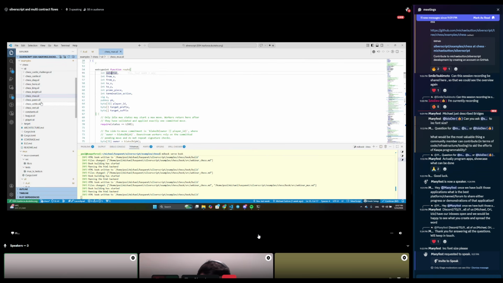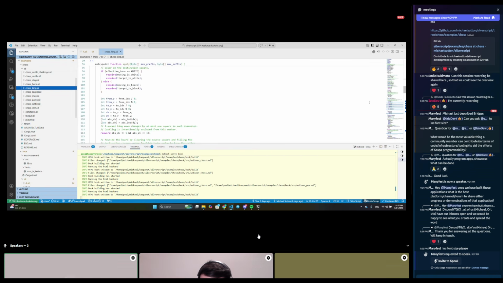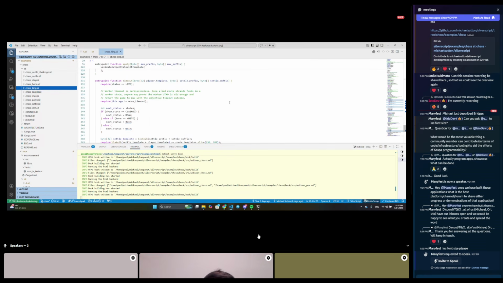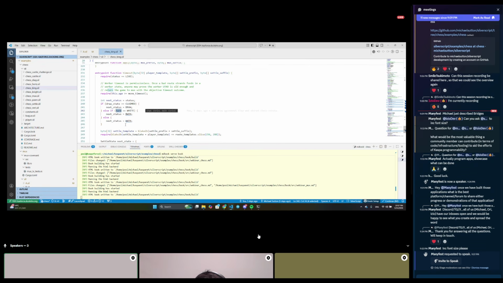So essentially, in every contract here, you'll see at the end a timeout entry point, where the opponent, actually not even the opponent, it's a permissionless call. You don't even need to sign. You just say age is too large, and then according to the turn, we give the win to the other side.